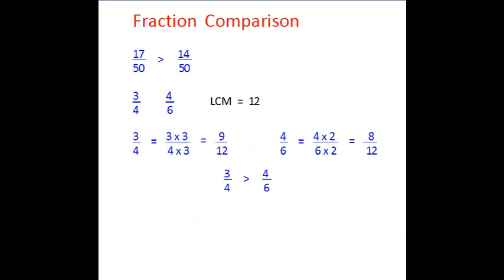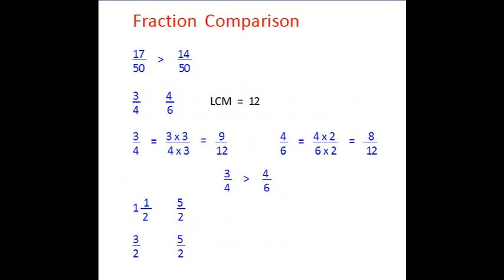Now let's look at this next example. This is a little bit different. What we have here is one mixed number and one fraction. So to compare these, what do we need to do? Let's convert the mixed number to a fraction. How do we convert that? We multiply the whole number and the denominator, so 2 ones are 2. Add the numerator, so 2 plus 1 is 3. So now the fraction is 3 over 2.